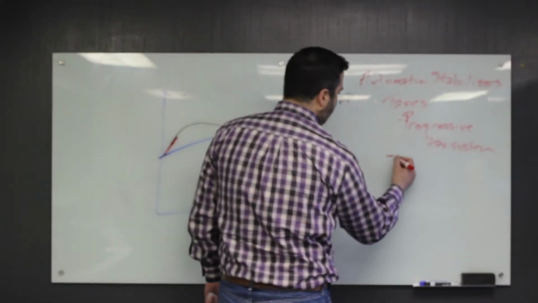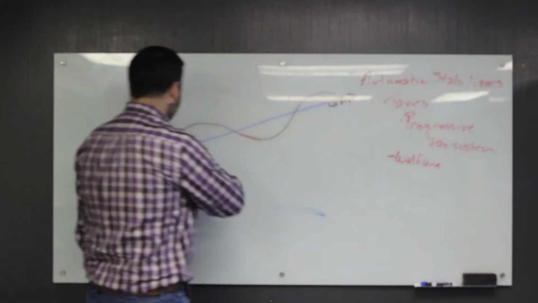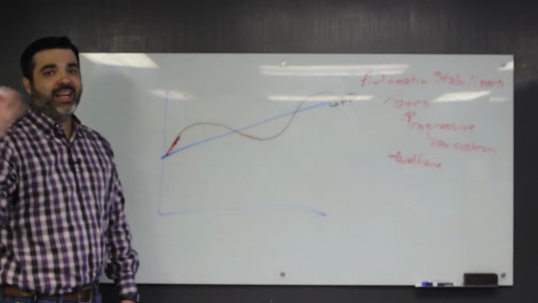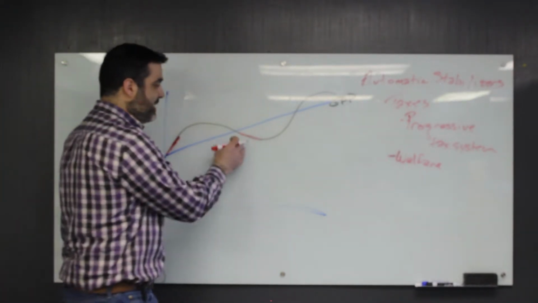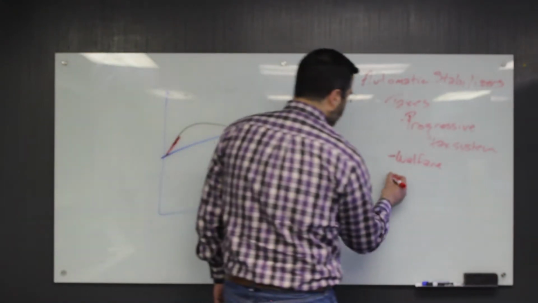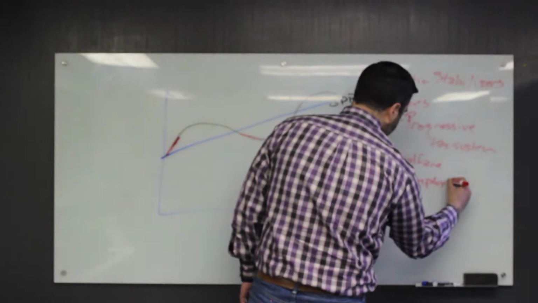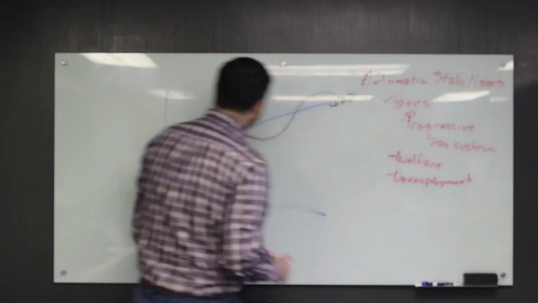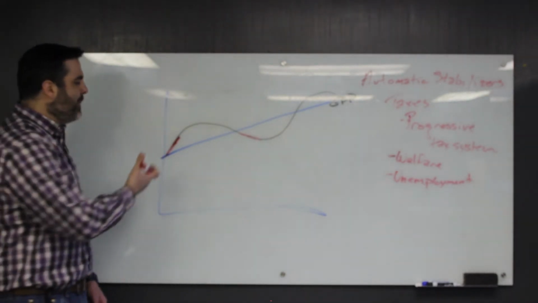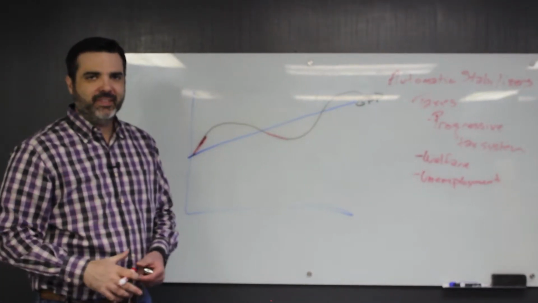Another thing is welfare. Automatically, as people make more money, people drop off of welfare, and so the government stops spending as much. As income declines, they start spending more. Another thing is unemployment. So there are these automatic things that nobody has to pass laws for that make the government spend less or spend more as they move along. Sound good?